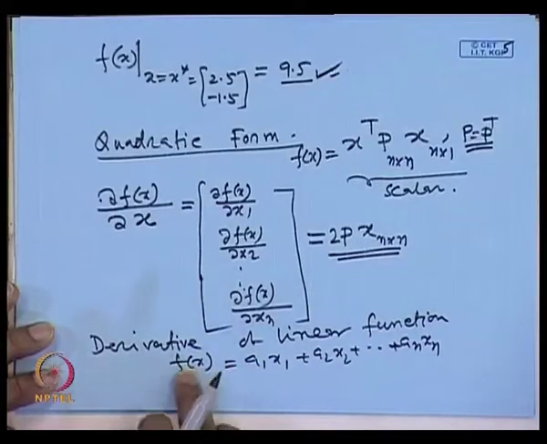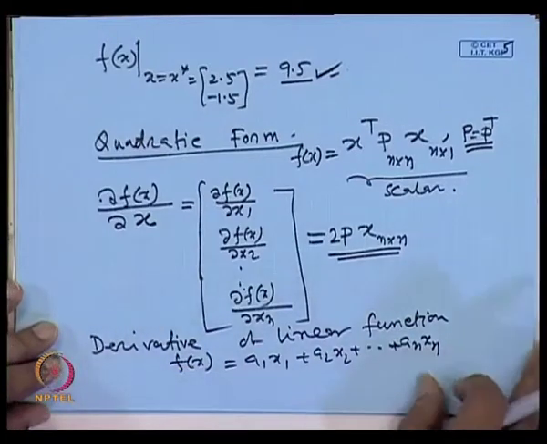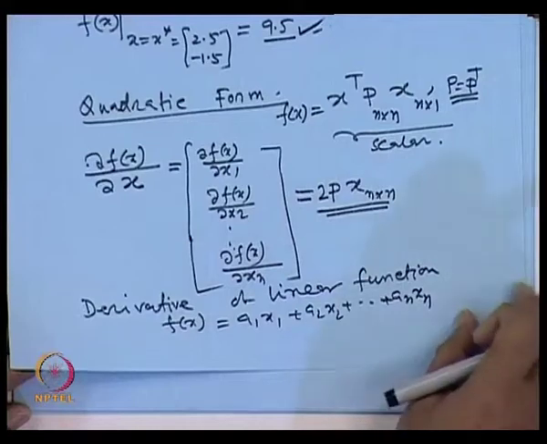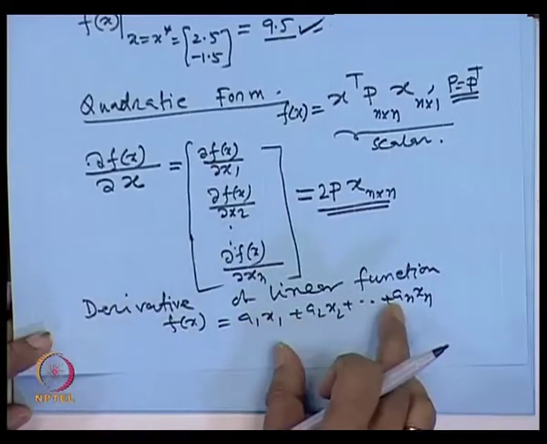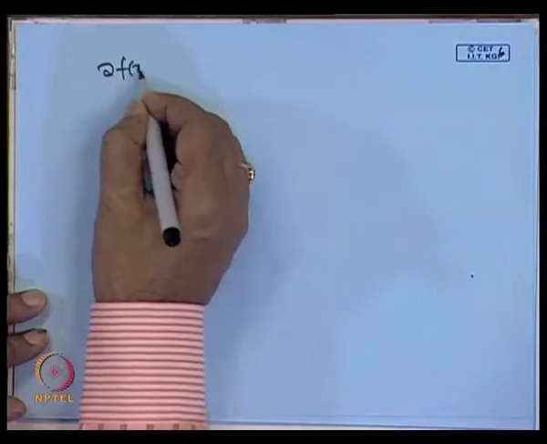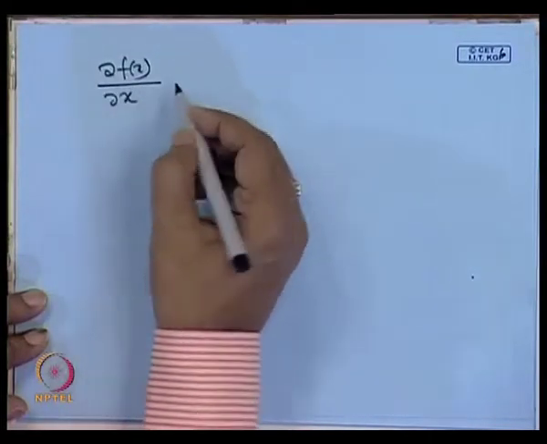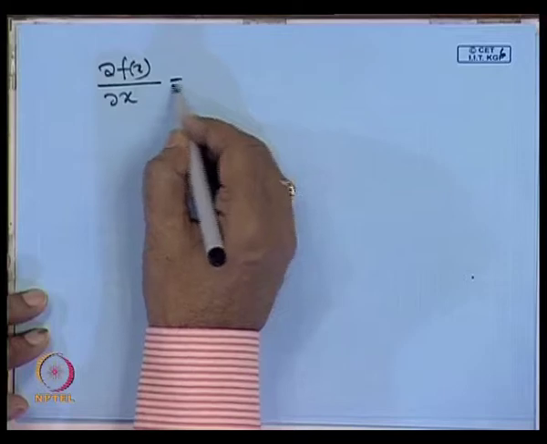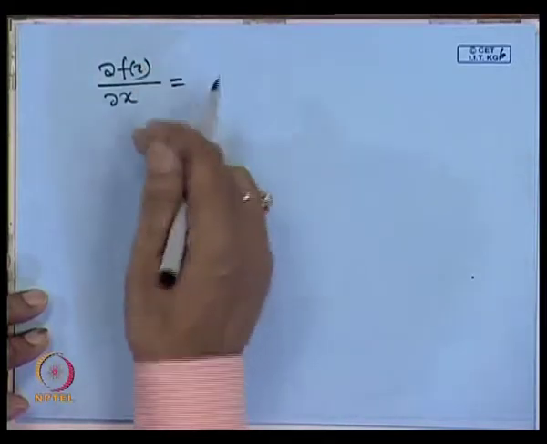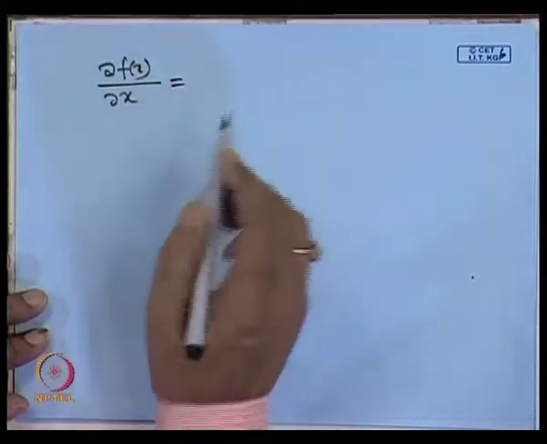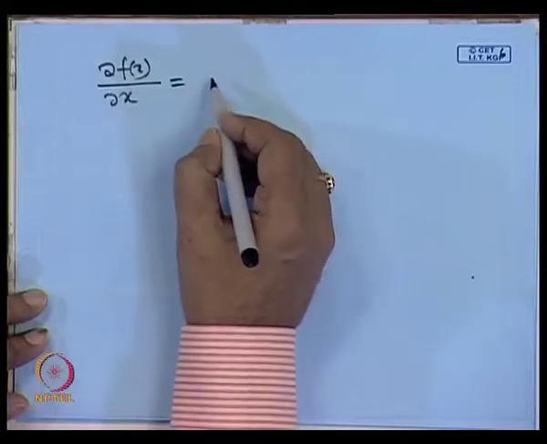Now you differentiate this thing with respect to x, then what is the result? Straight away you can find out that f of x is a scalar function, which is linear. Now you differentiate with respect to the x vector, so that gradient of x you are finding out. I am not writing that expression; you know that for the gradient of a function, each element you know how to do this. This will come as a